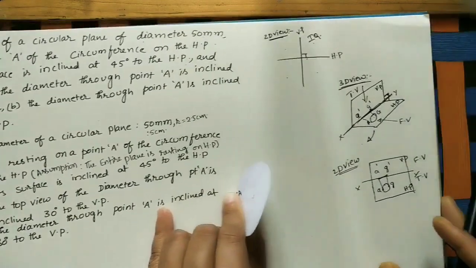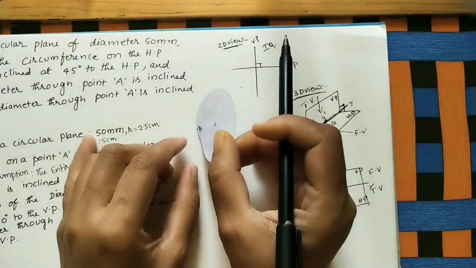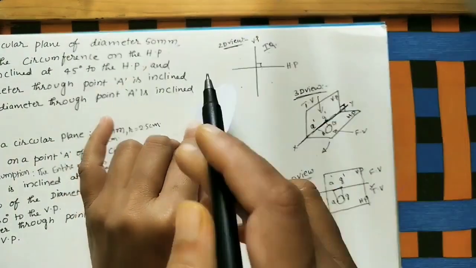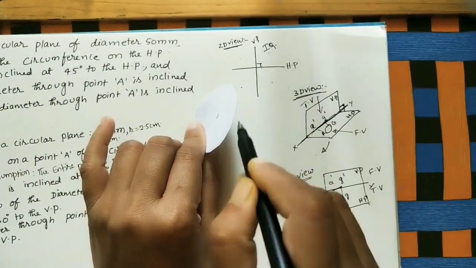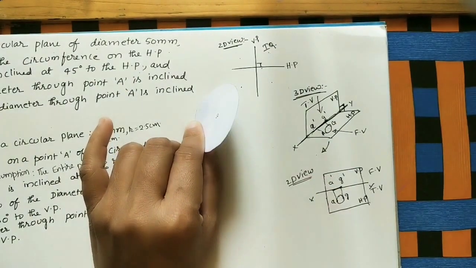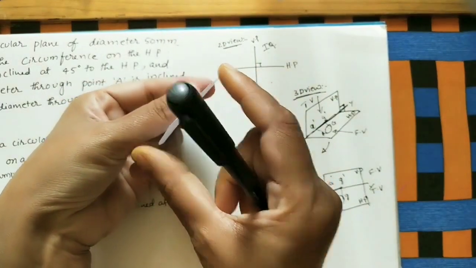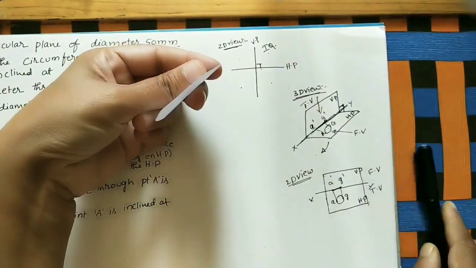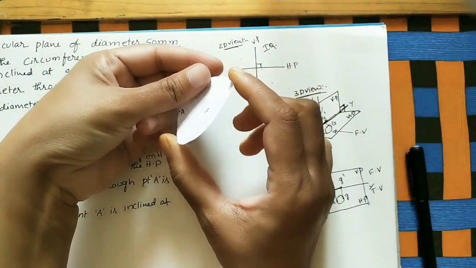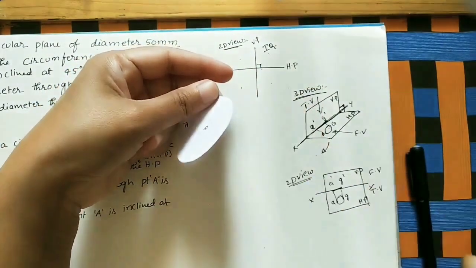Now for the same thing, if the plane is tilting like this, in the top view we can see the reduced circle. It is looking like an ellipse. In the front view, whatever line is here, it is tilting like this. What is the line length here? The diameter of this circle. So here at the A point,